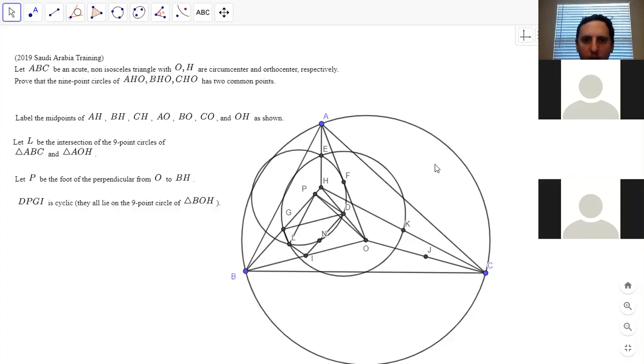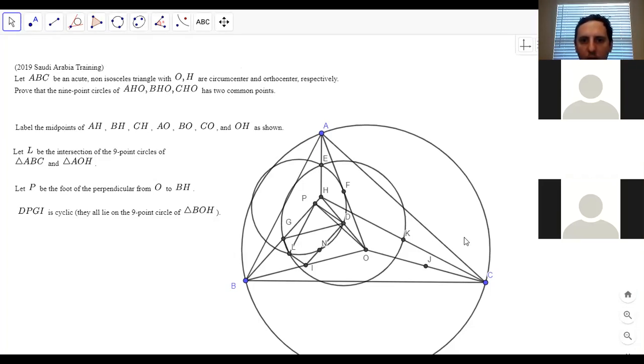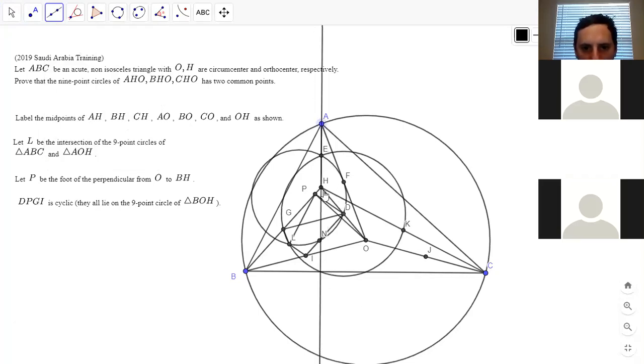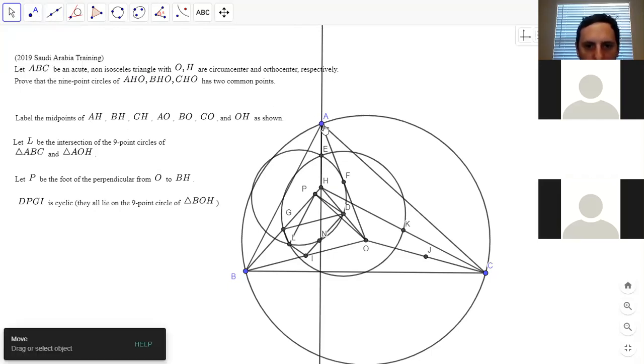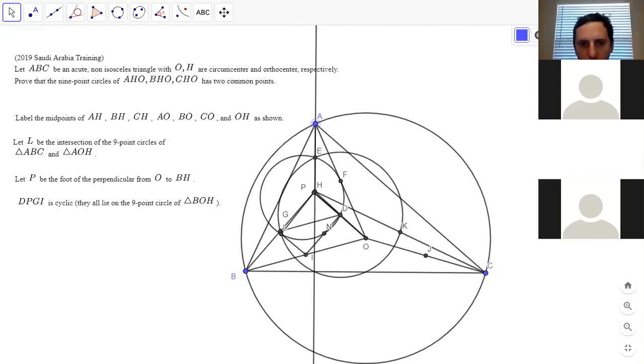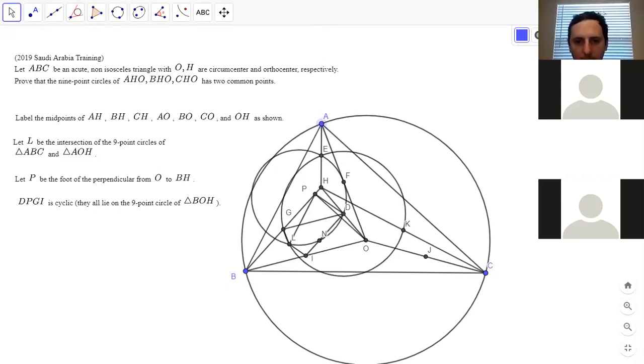Sorry. N lies on AH. Ah, I think you might be right. No, I think it's a little bit off. Let me move. Yeah, not necessarily. So K is the midpoint of CH, and